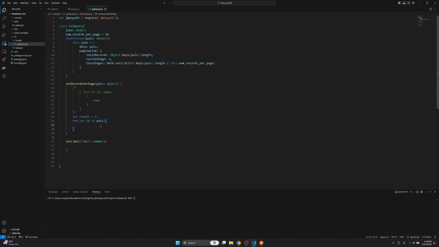We want to create a new page. So let page equal this, and they want a pals page. Or this should be pages. So yes, we still want let page equal this. And then at the end we want pages.push(page), right? And while that's happening, we want